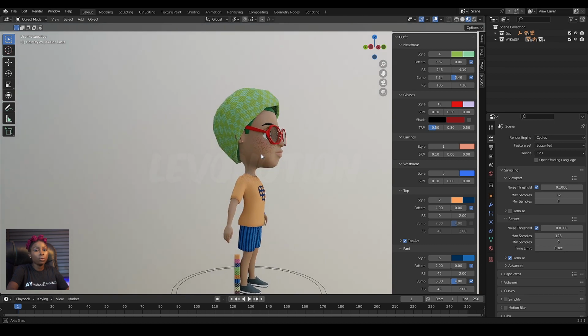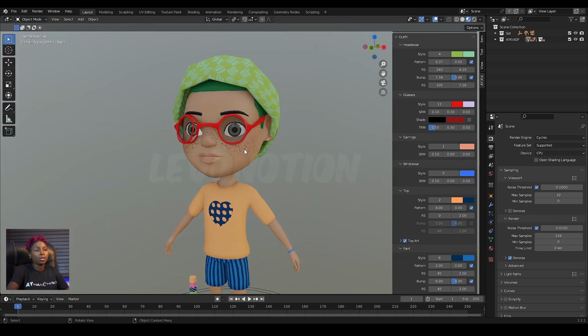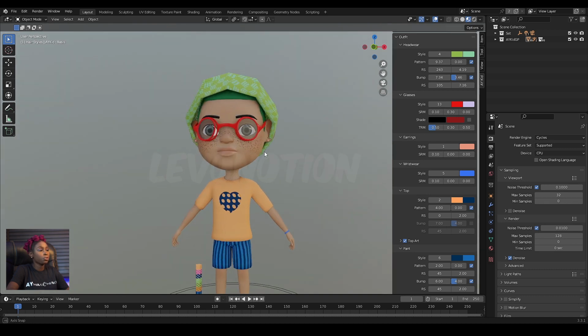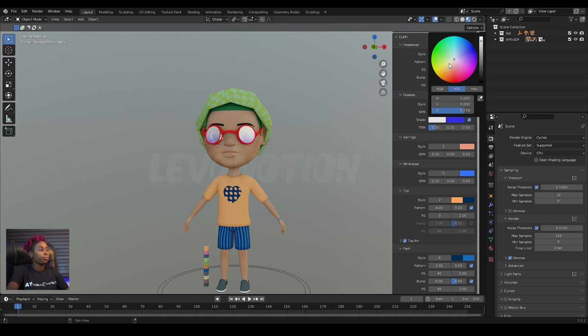This has only one color, it doesn't have multiple colors, but you can change it if you want it to have multiple colors. Then the shade, you can add this. If you don't want shade, it's just going to use the first color. But if you want this transition, you can change the color. So let's say blue from maybe white.